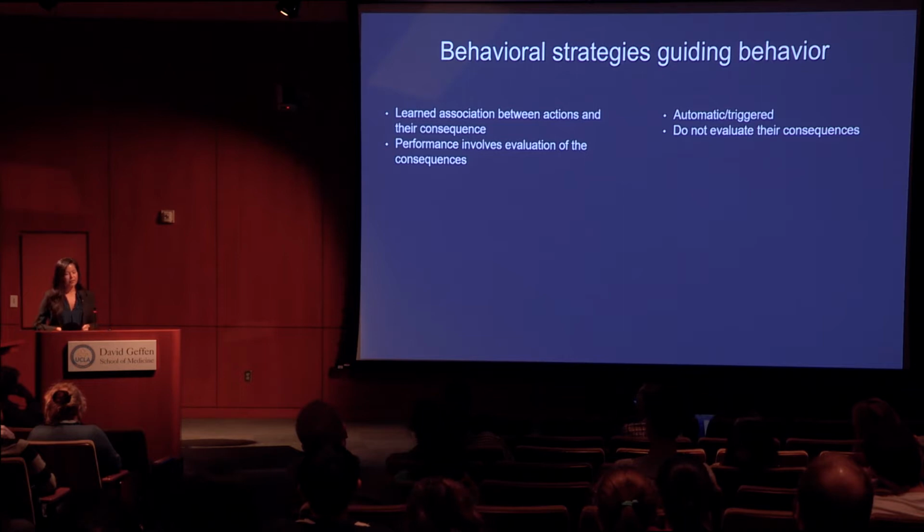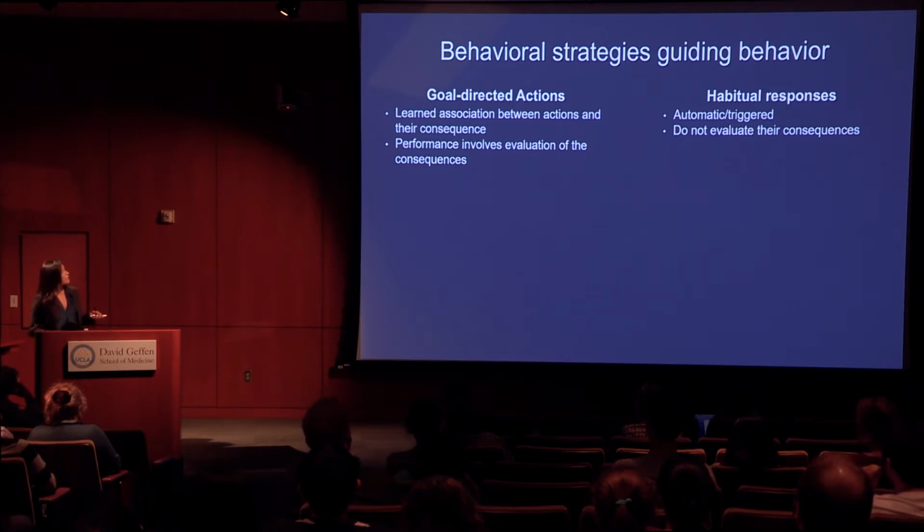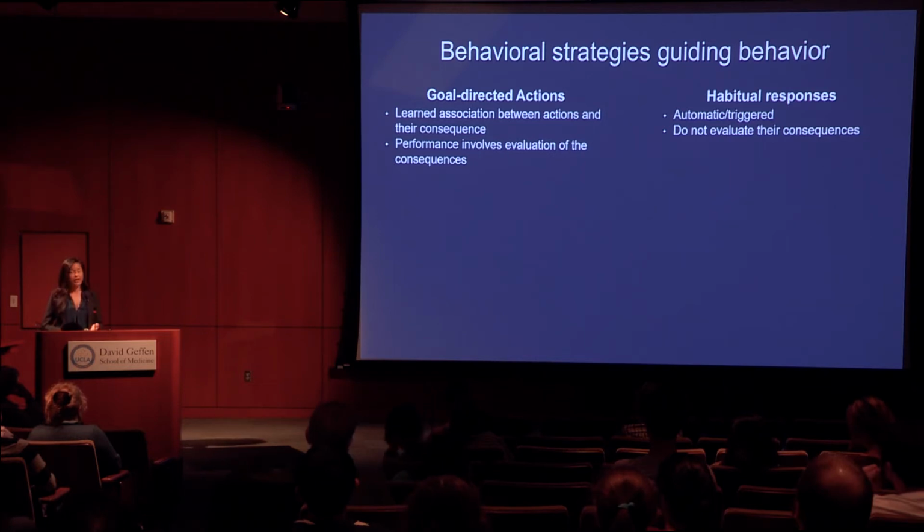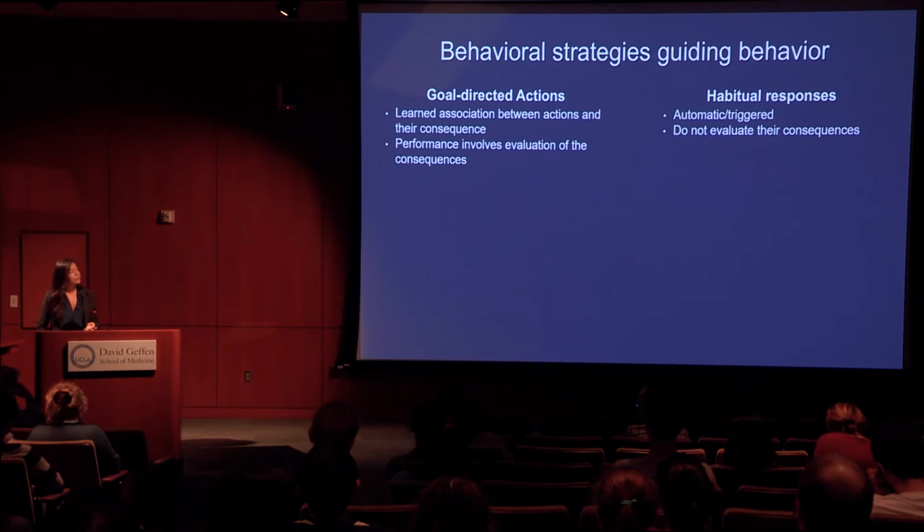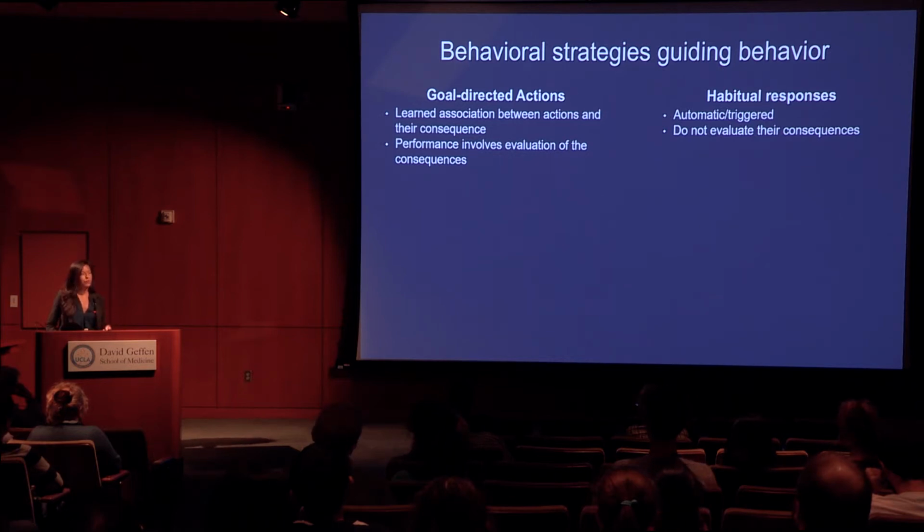And there are generally two processes that guide our behavior. One is goal-directed actions that rely on the learned association between an action and its outcome, meaning that the performance of that action requires the evaluation of the consequence of that action. The other process is habitual responses that can become automatically triggered once an action has been performed repeatedly. And so these habitual responses are no longer associated with a consequence, so they're just performed without thinking about that